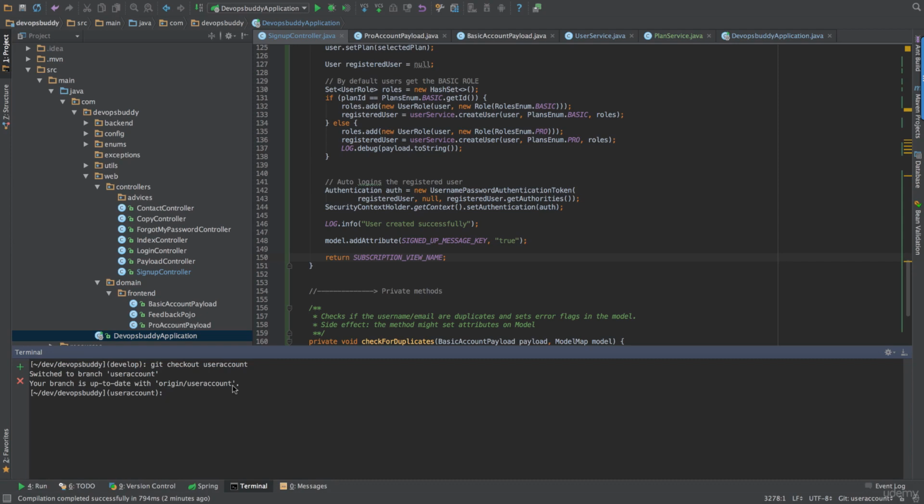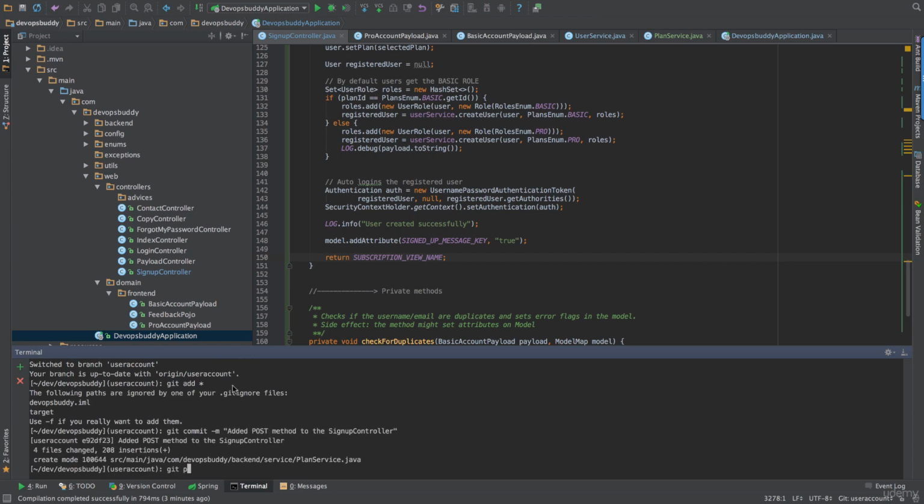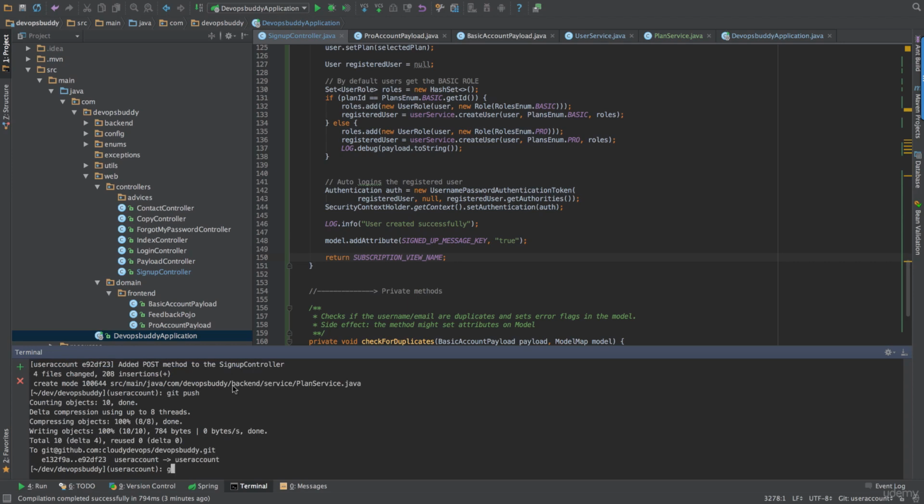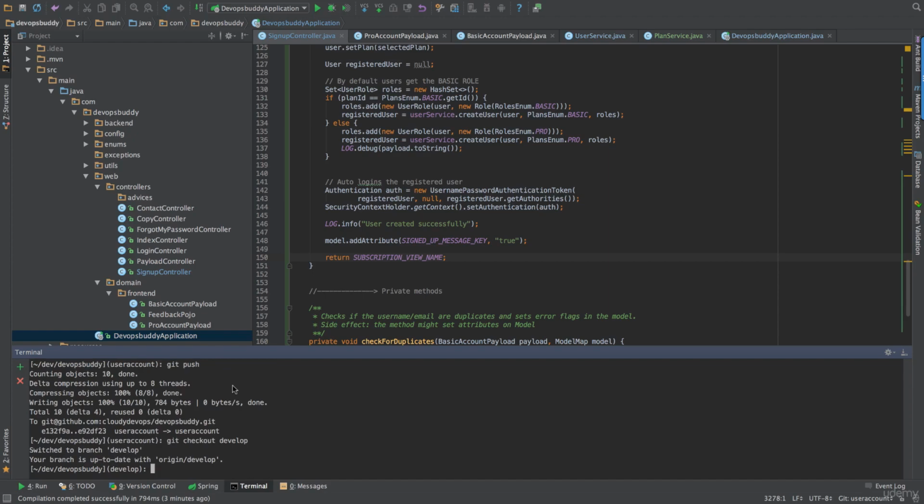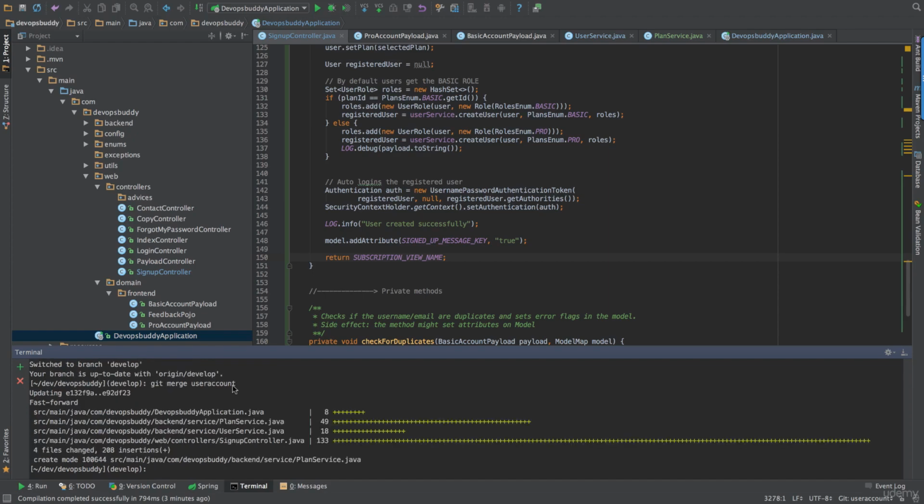We will add this capability in the next couple of lectures, where we will be implementing the Amazon S3 service to manage images. For now, we can close the Git flow workflow with the Git commands git add *, git commit -m "added post method to the signup controller", and git push. Then we will merge to develop with the git commands git checkout develop, git merge user-account, and finally git